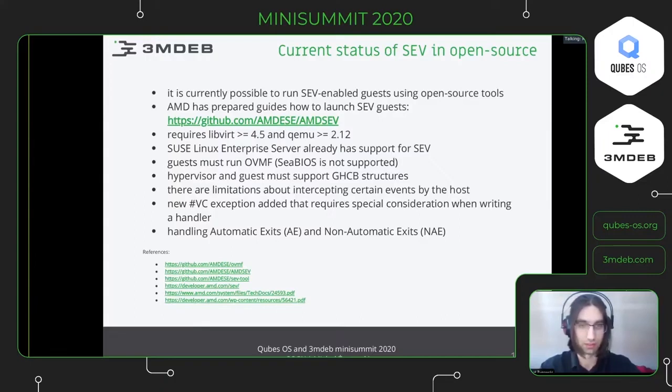Additionally, AMD created new exit reasons from the virtual machines called automatic exits and non-automatic exits. Automatic exits are typically the events that caused VM exits before and their behavior didn't change that much. And there are non-automatic exits that require certain actions to be taken by the guest and also the hypervisor. It also involves the handling of the VC exception.